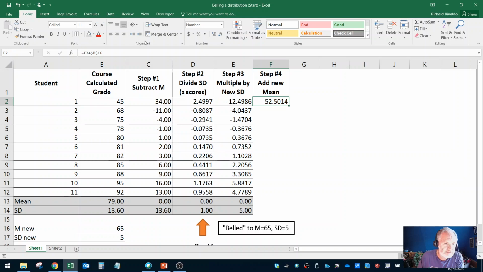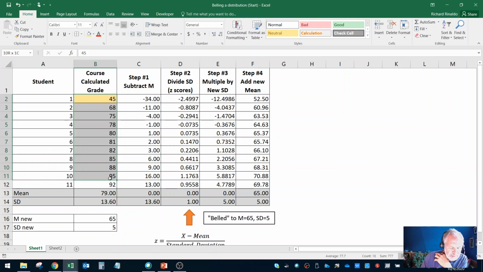Now, when I have a standard deviation of 5, I can look at this person here. That person had a grade of 45, and I bell the marks, and that person ends up with a 52, which is a pass. And I go, oh, I don't know. I should have at least one failure. Now, I'll keep the mean of 65. And what no one ever really thinks about to ask about is the standard deviation. So if I change the standard deviation to, say, 6, that grade goes to a 50. So I got to take that to a 7. There. By spreading the scores out to a standard deviation of 7,